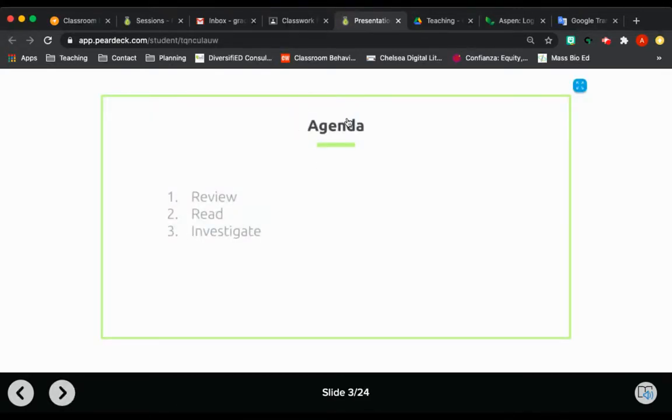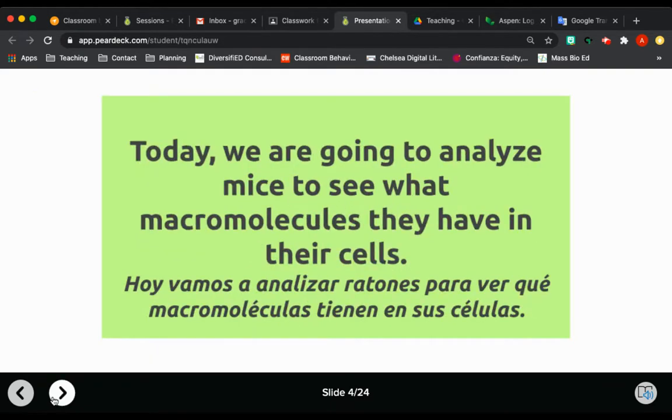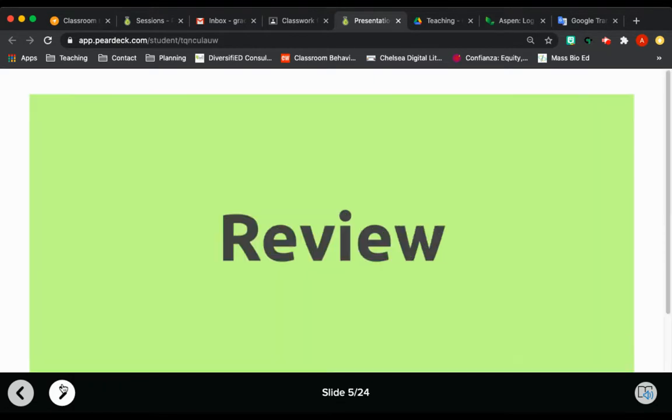So our agenda is review, read, and investigate. Today, we are going to analyze mice to see what macromolecules they have in their cells. So again, macromolecules are the little molecules that make up your entire body and all of life. So our little review,